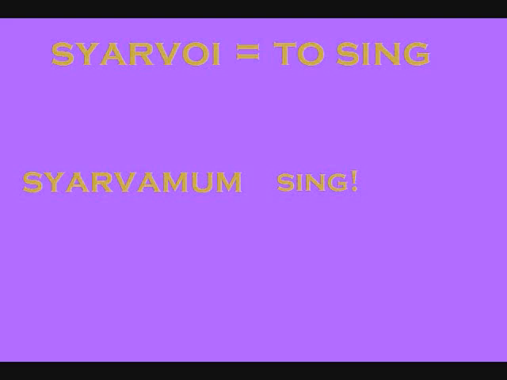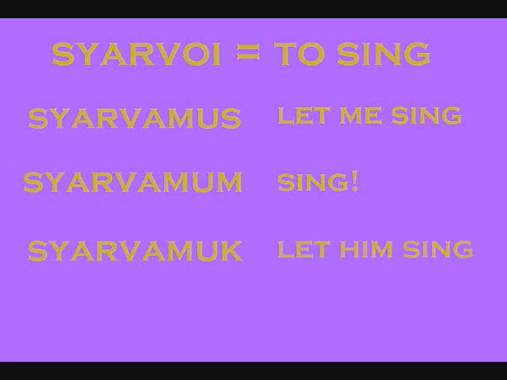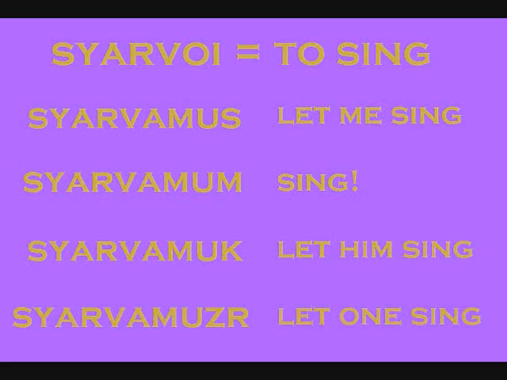In other persons, the meaning is slightly different. Syarvamus would be, let me sing, and Syarvamuk would be, let he, she, or it sing, and Syarvamuser would be, let one sing. The first person imperative is most often plural. For example, eb Syarvamus, let's sing. The third person is slightly more esoteric. To use a different verb and defining Anatwa as cake, we can have eb Ekropta Anatwe, which would mean, let